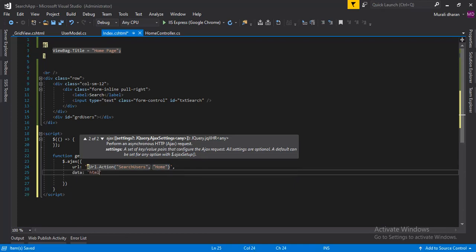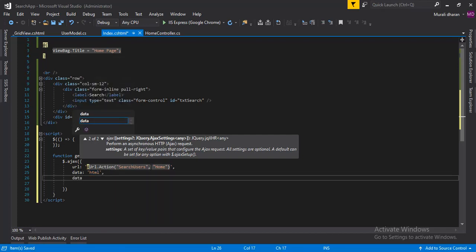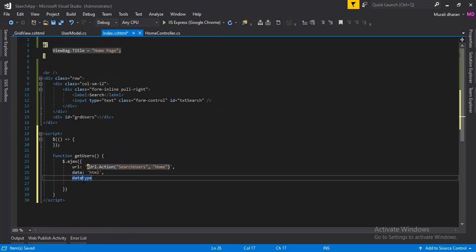Data has to be HTML because we're going to send this whole grid view as a result. That's why. So the next one is data type has to be HTML, then method should be get,